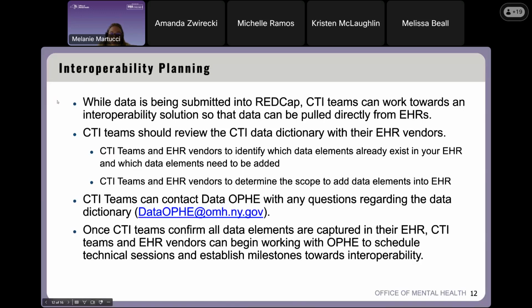So now we are on our interoperability planning. This is part of our next steps. So again, while data is being submitted manually into the REDCap, CTI teams are encouraged to work towards the interoperability solution so that data can be pulled directly from EHRs. At the time that the pull from EHRs is completed, then the manual reporting in REDCap would no longer be